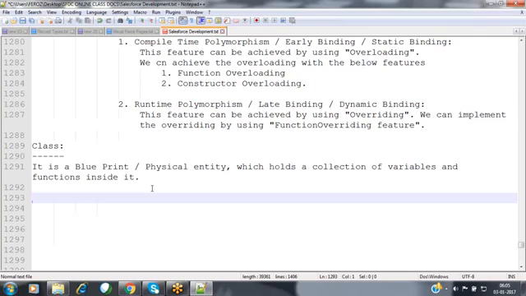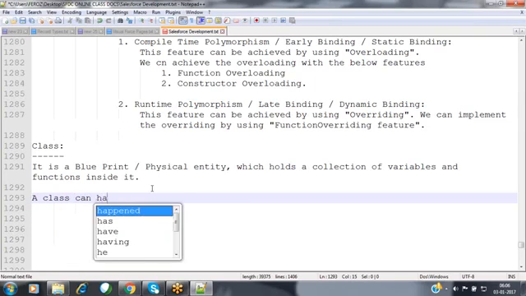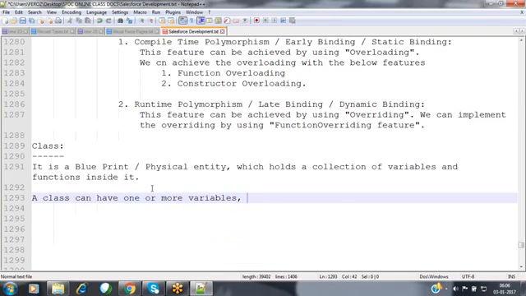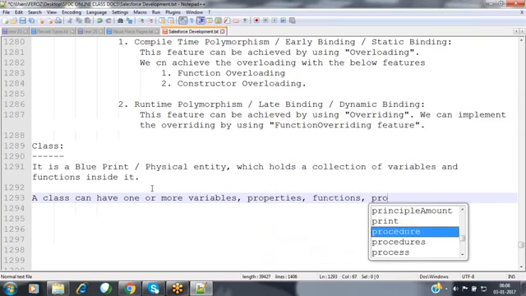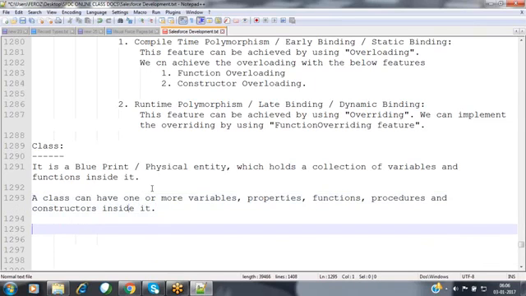Now, a class can have one or more variables, properties, functions, procedures, and constructors inside it. Depending upon your requirement, we can define a collection of variables, properties, functions, and procedures inside it.